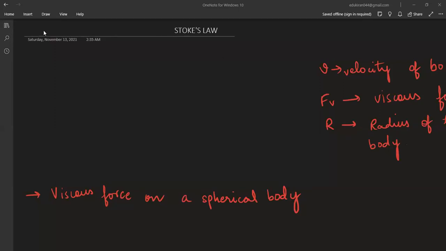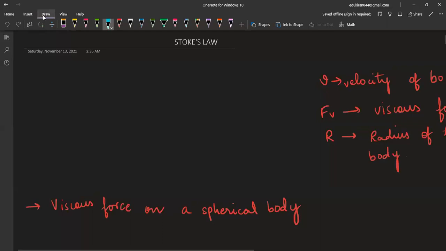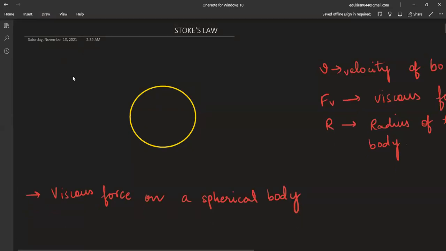Now, when we are talking about viscous force, after viscous force there is one topic which is known as Stokes' law. We have studied about buoyancy, buoyant force. If I want to find out what's the viscous force acting on a sphere, only a sphere, we have done the equation for viscous force. Eta, remember, coefficient of viscosity was also there. What was the formula? Can you recall? Eta A dV over dx. That was the formula. But for a sphere particularly,